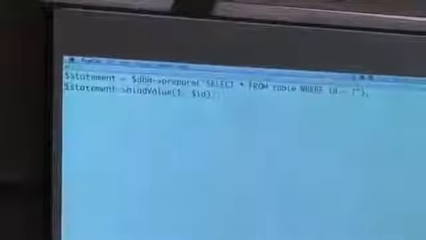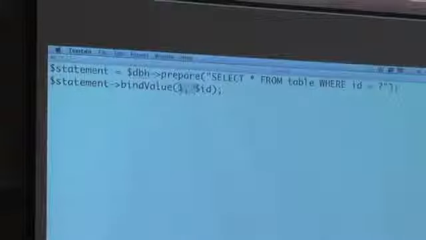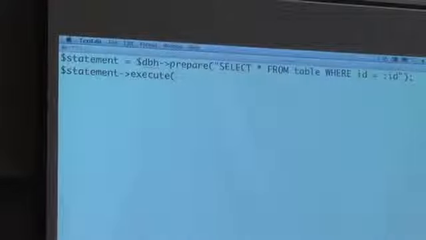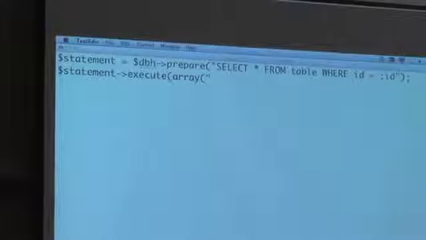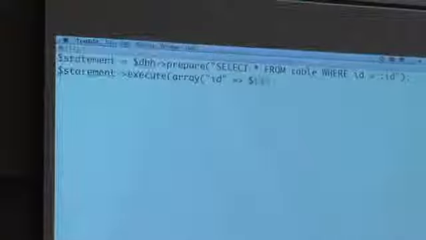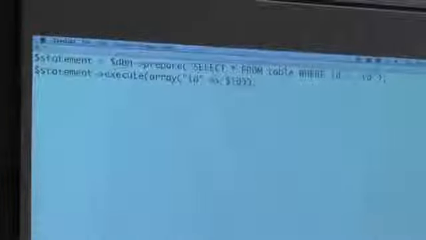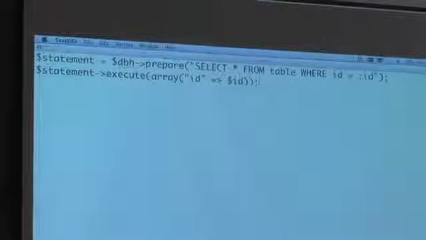And you don't need this cryptic numbering. Unfortunately, it's one indexed. It's not zero indexed. This is a little cryptic, I think. So more compelling, I think, is to use colon and then something like ID. And then what you can do is this. You can ditch the whole binding manually, and you can instead do this. You can execute that statement, passing in for any of these named parameters something like this. So you pass in an associative array that then maps values to the placeholders that you put in. So if you think back to %s in printf, colon whatever is now the new